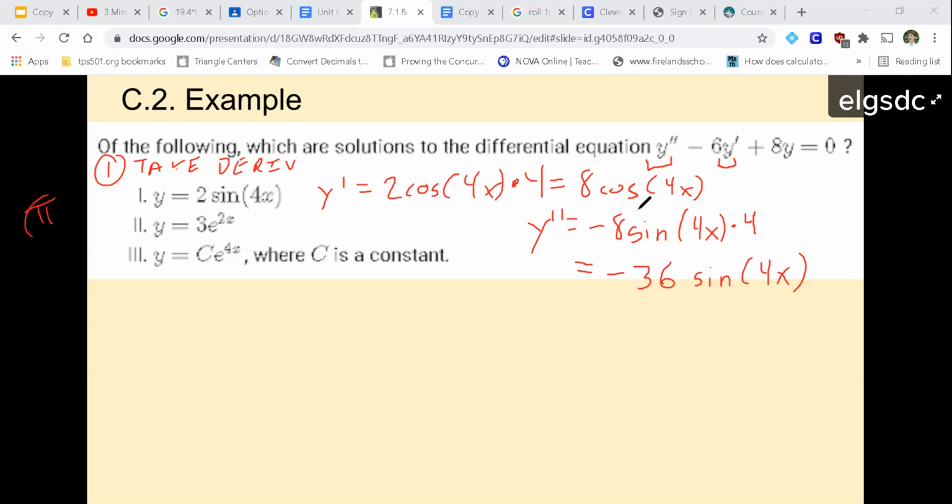The second step is you're going to plug in. So if I plug in this for y, this for y prime,